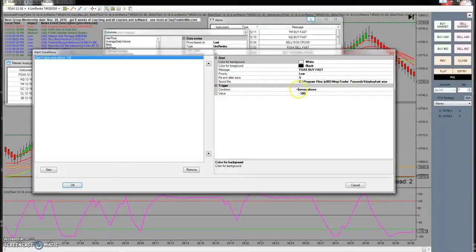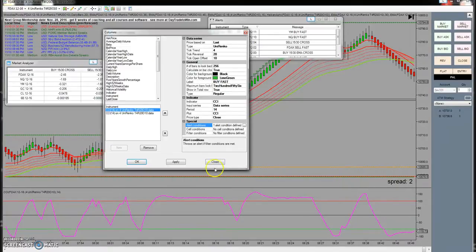So the condition is that if the CCI line crosses above the minus 100, I will get a CCI alert to go long. I'm not going to automatically take it because there's too many other things to consider, but it is a potential entry long. And likewise, I've done it here